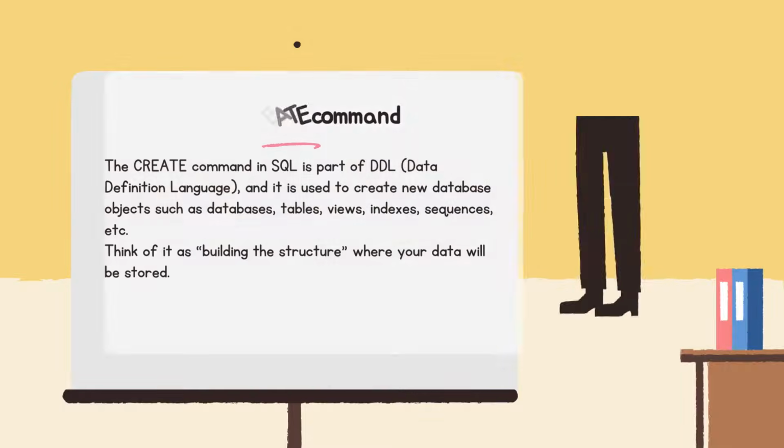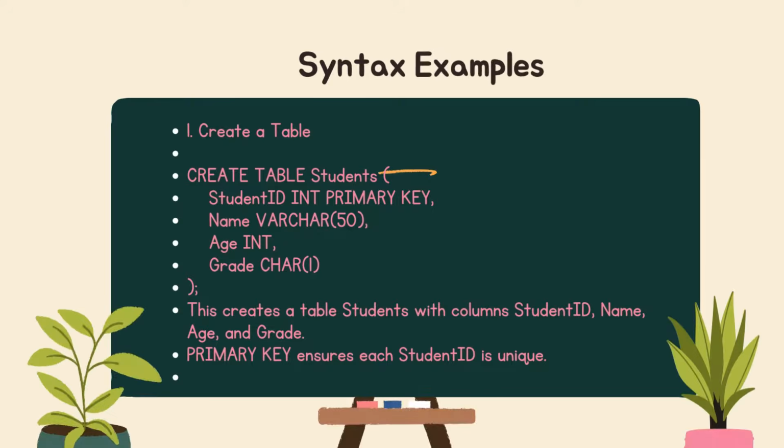Here we are creating a table called Students. The first column is Student ID, which is an integer and set as the primary key. The second column is Name, which can store up to 50 characters. The third column is Age, which is an integer. So now we have